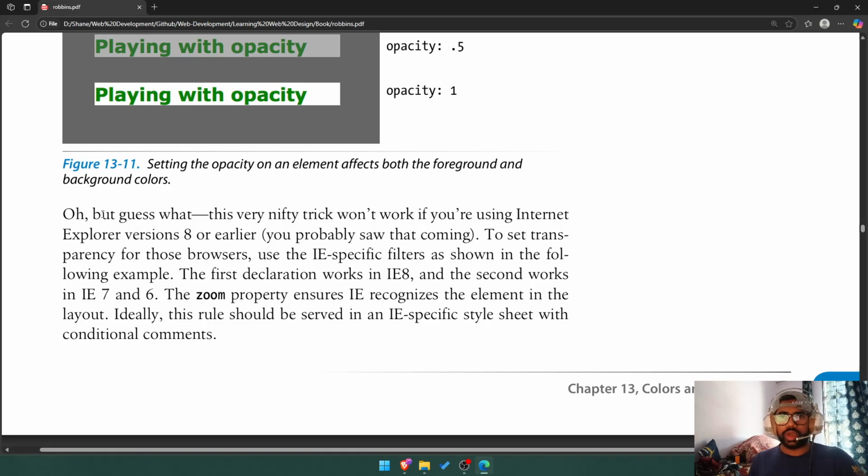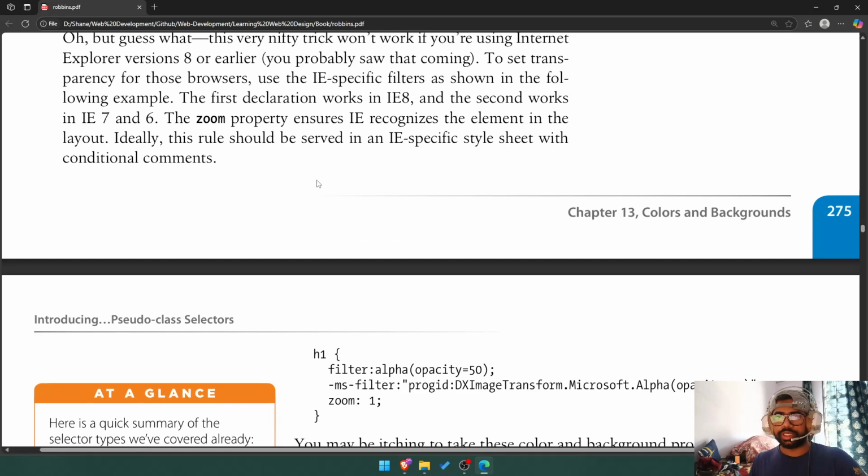Oh, but guess what? This very nifty trick won't work in some browsers. To set transparency for those browsers, use the specific filters as shown. The first declaration, the zoom property, ensures the